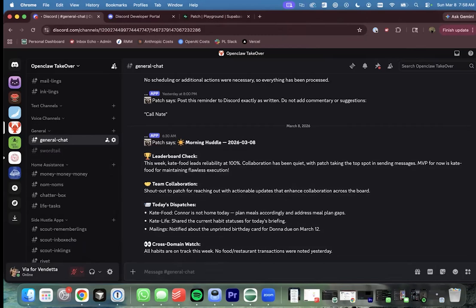Now, when I interact with it, because it's not using an always on server or a gateway, and I'm kind of hacking this, I have to interact with it a little bit differently. I have to interact through slash commands, and I have edge functions that respond back in my database. It's going to receive the message and it has to send back a reply within 3 seconds, otherwise it times out. So I send a message, it replies thinking, and then it's able to send the full message back routed through the right agent, so that I get that little emoji and it says Patch Says.